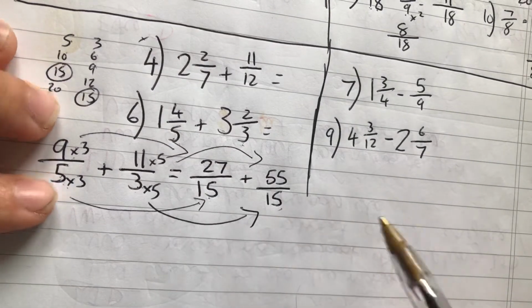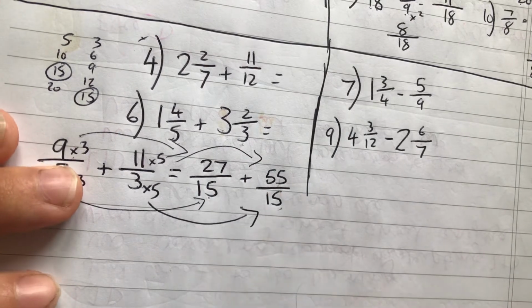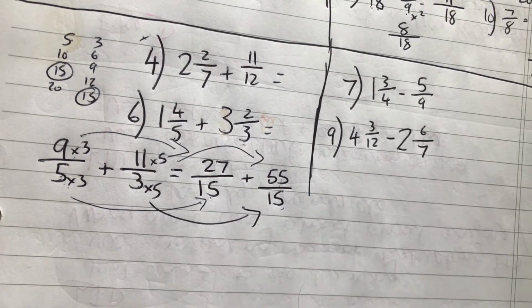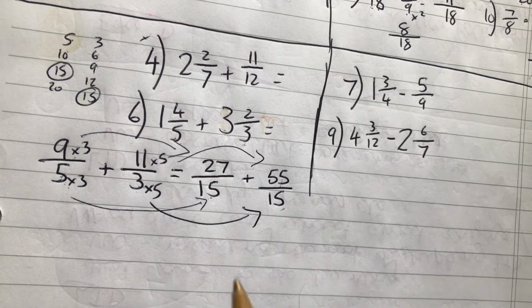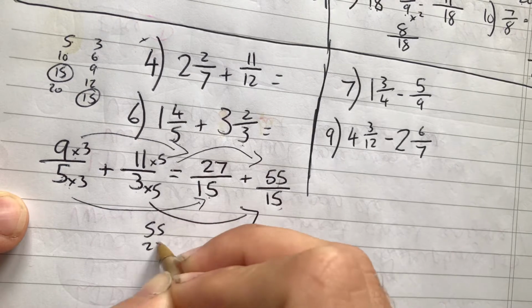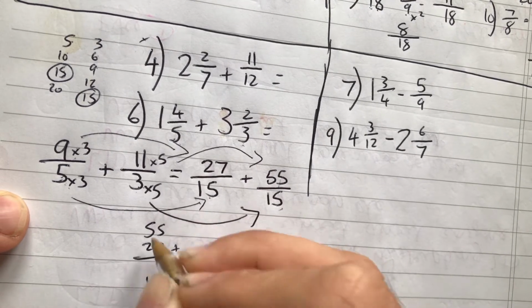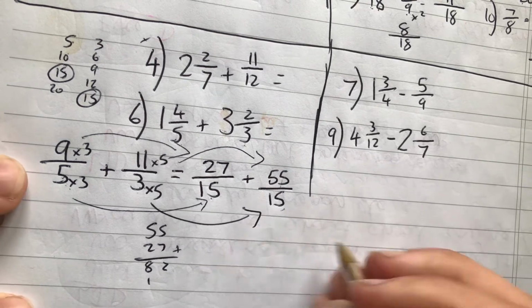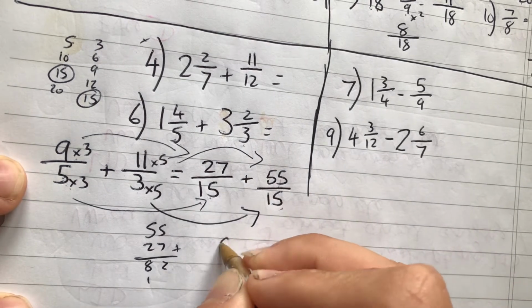Once you've done that, easy peasy. 55 and 27, and you've got your answer, okay? And you don't need to do anything more with that. You could look into changing it back to a mixed fraction, but at this stage you really don't need to, okay? So 55, 27, just do a quick one to check. 7, 8, should be 82, yes. So your answer would be 82